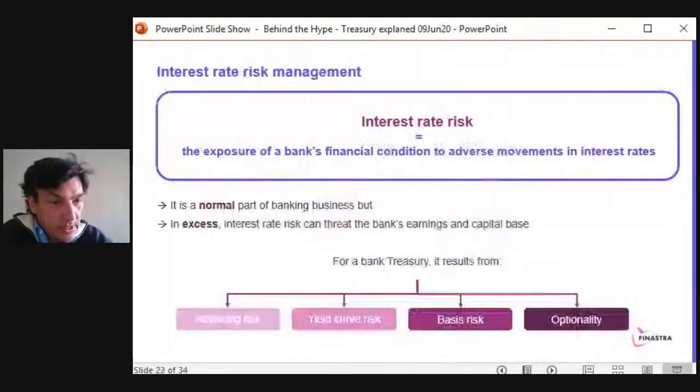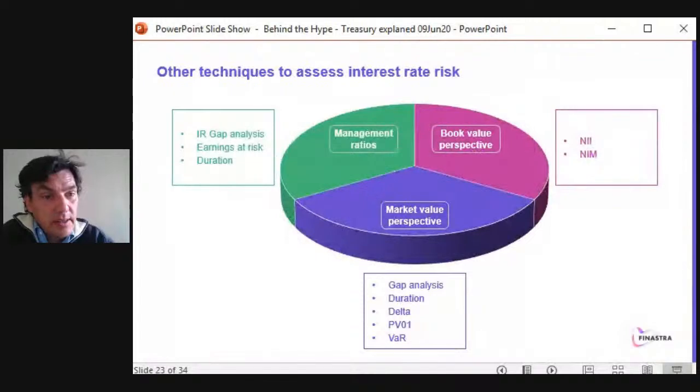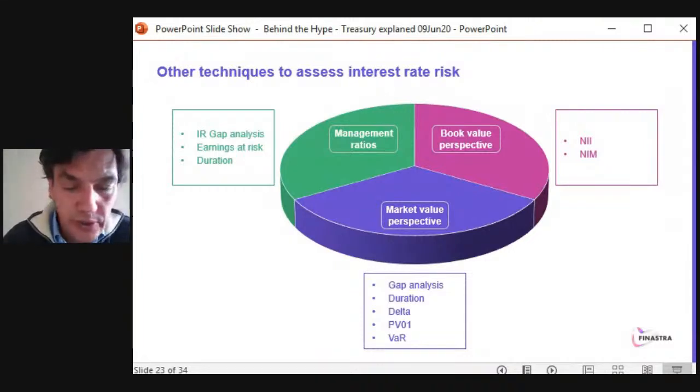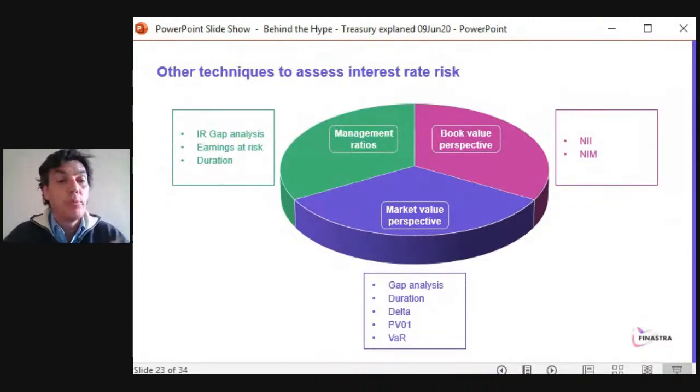In terms of instruments, I can see it's missing there, but how can you hedge your interest rate risk? So the first instrument to hedge your interest rate risk is obviously to make the opposite operation to the one you've done. But imagine that every time a bank is providing a mortgage to a retail client, an individual or a corporate, they will not do exactly the same deal on the opposite side, because the amounts maybe will be too small and they want to aggregate and they want to scale and so on.